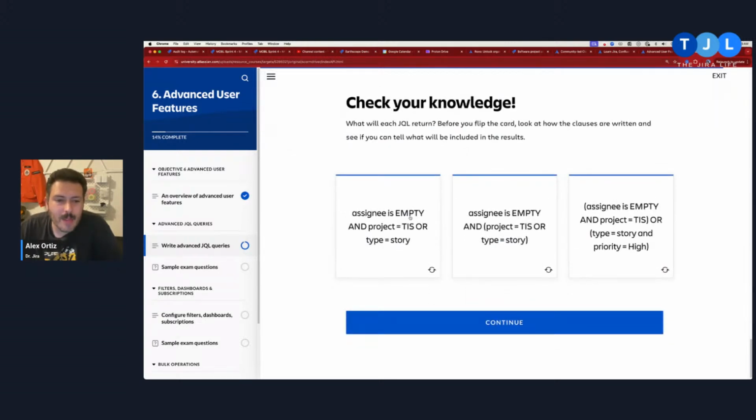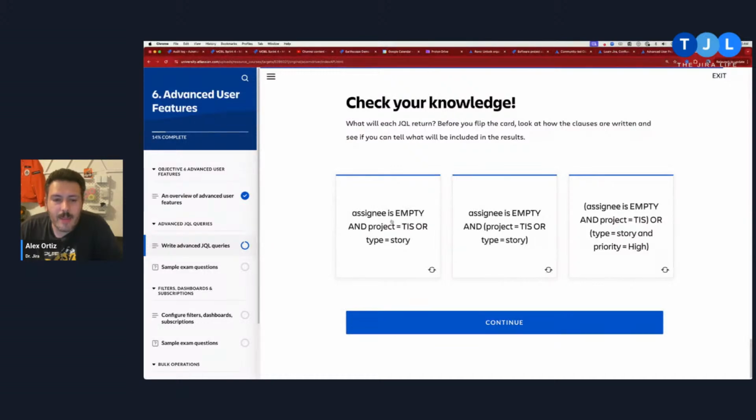So assignee is empty, and project TIS equals TIS, or the type equals story. So this is where I was telling you, if you're not careful, it's going to bring a lot of stuff. So we're looking for: is the assignee empty and the project equals TIS? But then we're hit with the or, type equals story. So what we're going to get is all the stories, and then anything where the assignee is empty and the project is TIS.